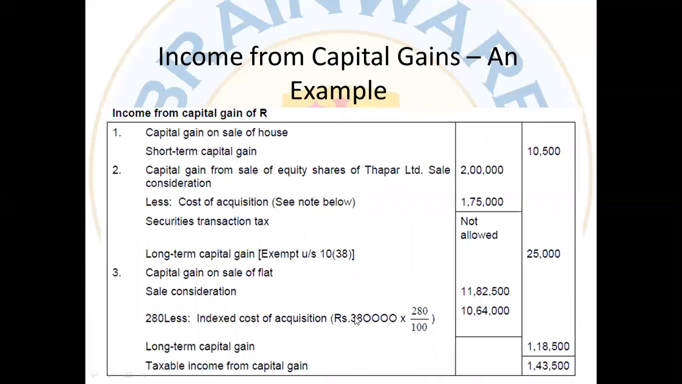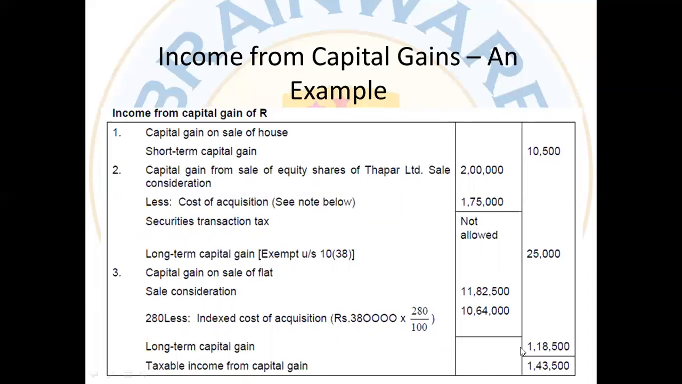So we are taking here 3,80,000 into 280, the cost inflation index of the current financial year, divided by the index of the year of purchase. Because the year of purchase is 1977, which is before the base year, we are actually taking the FMV, meaning the fair market value. And whenever we are taking the FMV, we have to consider the base. The base 2001-2 is 100. So it is 280 by 100, then 10,64,000. So deducting from this amount, we are getting this amount, and the total taxable capital gain is the addition of these figures. So from the sale of the house, the equity shares, and the flat, the total capital gain is